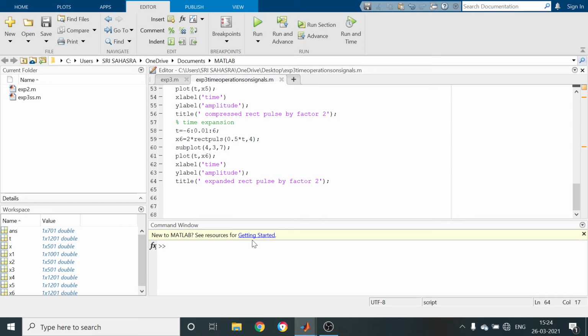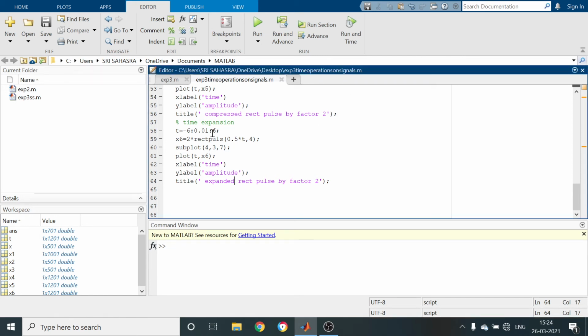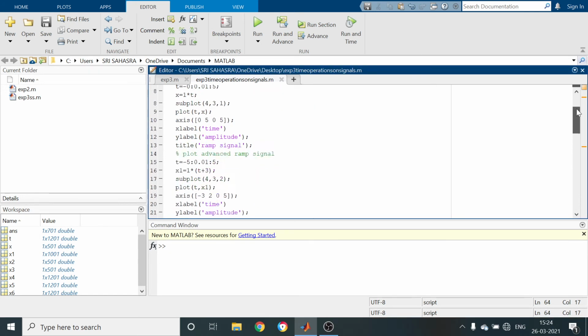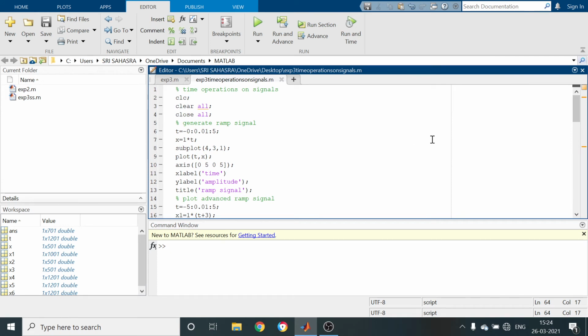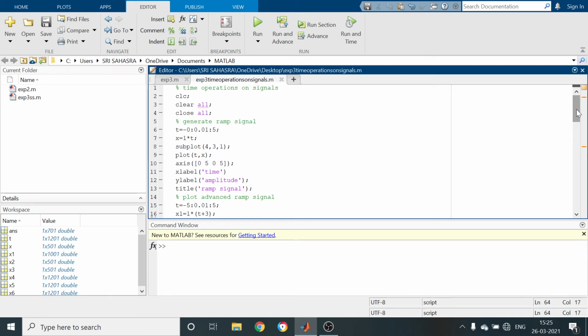These are all the time operations we did on signals. By using these commands we can perform all time operations. What are the time operations? Shifting of the signal towards the right side or left side, that is said to be the delayed version or advanced version.